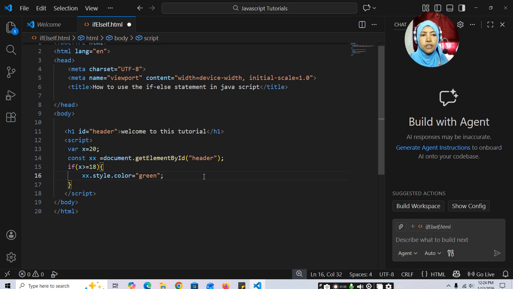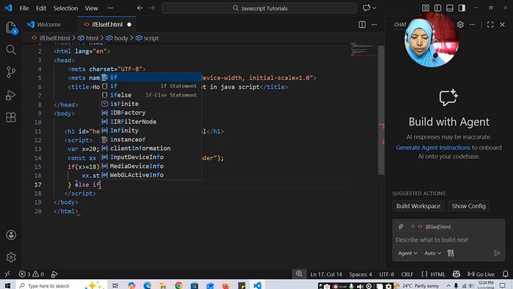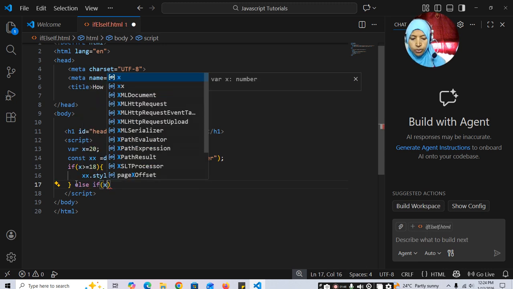Now what happens if this condition has failed? We can use the else statement. So here else if will do